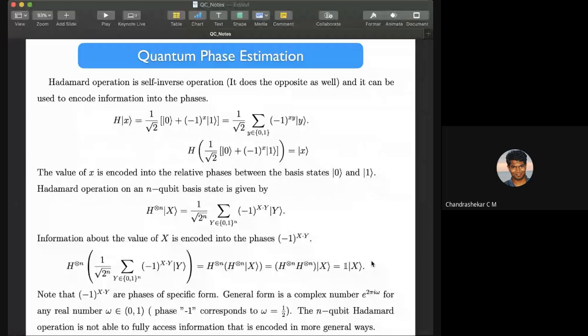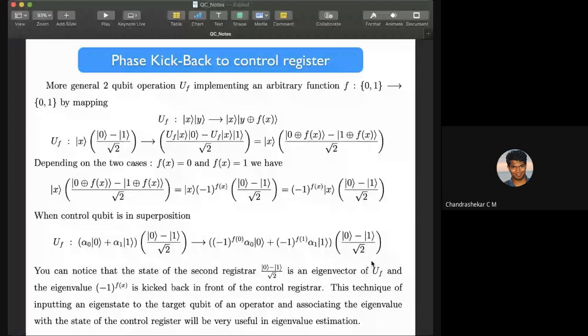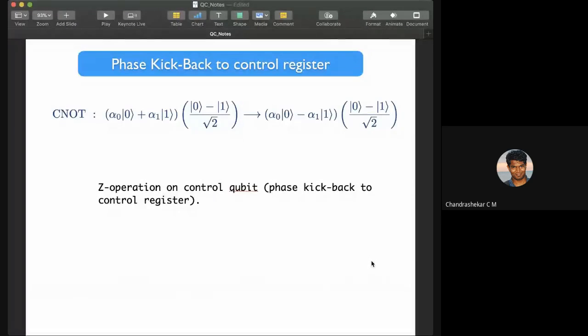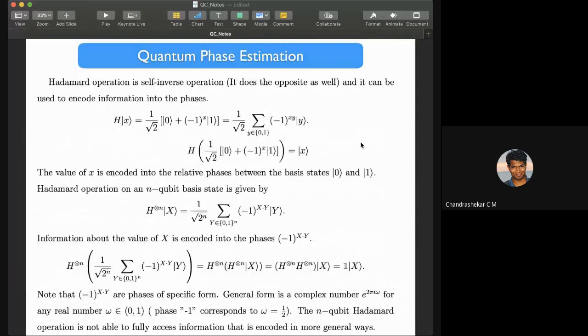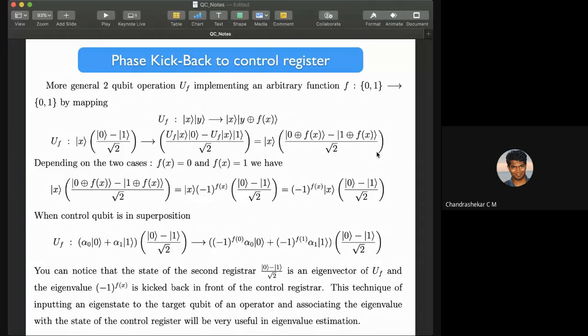So we are taking a simple example here of estimating whether you have a -1 or a +1 in between 0 and 1. That's what we looked at here. In between 0 and 1, you want to estimate whether this is a minus or plus sign, nothing more than that. But in general, you can actually estimate